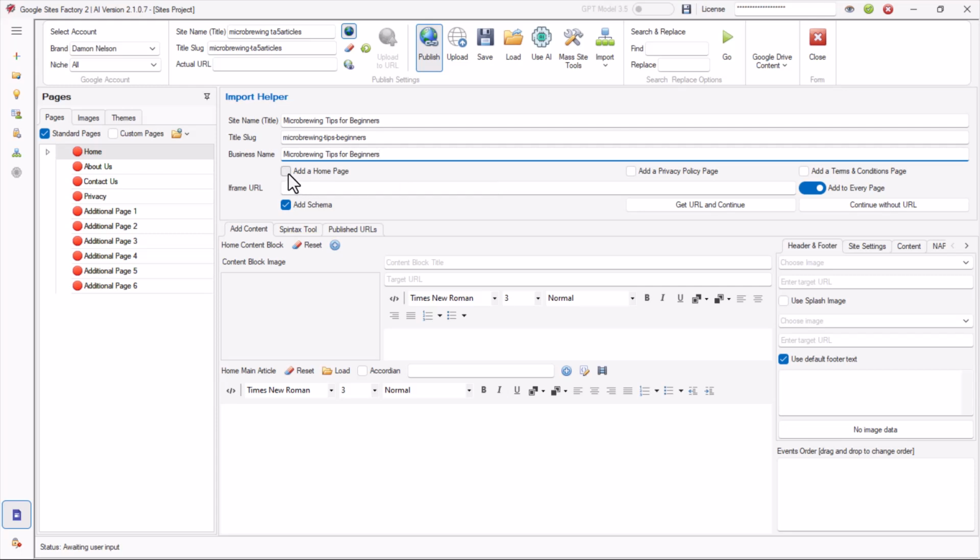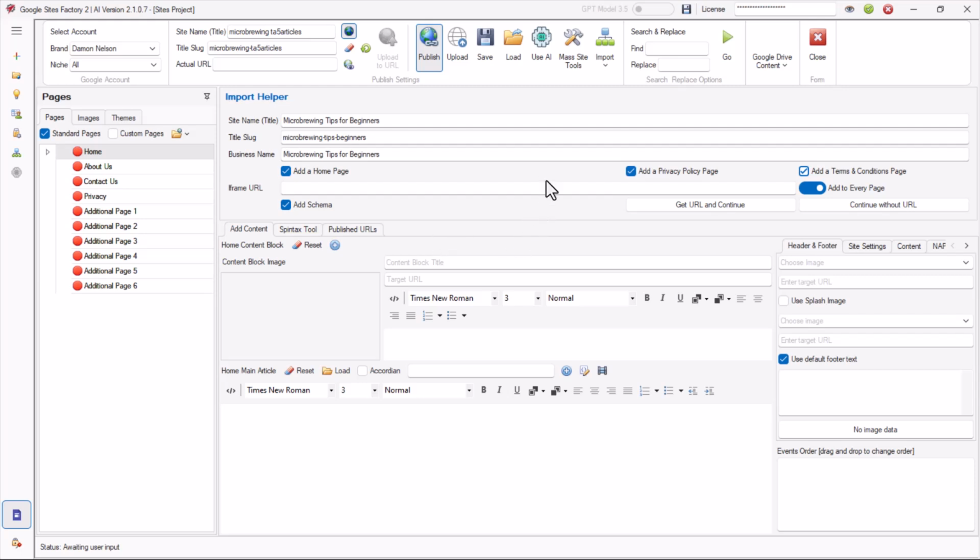I'm going to click this one. I'm going to click this one. And check that one. Now, if you have a local page embed URL that you want to put on every single page, you would put it right here and leave this toggled. For right now, I'm going to skip that. We're going to do that just on the home page, so I don't need that. I am going to add schema. So they build schema to go with the Google site.